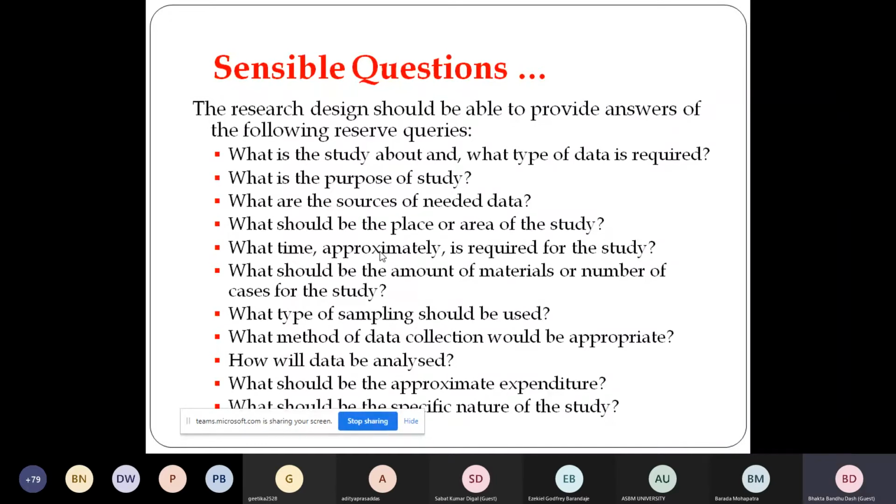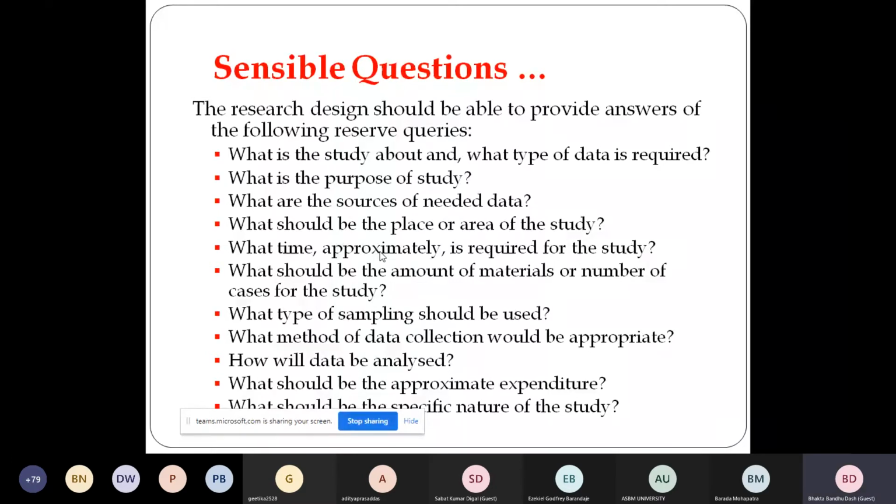Are you only sampling in those areas, or do you need to extend your sphere of collection of information, like using some primary process of analysis, soliciting information with the support of a questionnaire, a survey tool, interview scheduling, group discussions, or a transect? What exactly would you like to do? So what is the purpose of the study? Whatever the purpose you decide, accordingly you need to find out from which sources you can collect information.